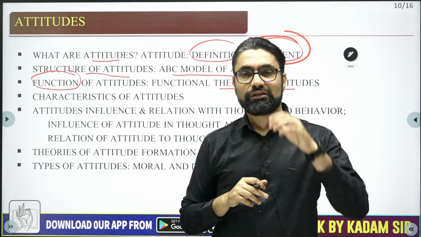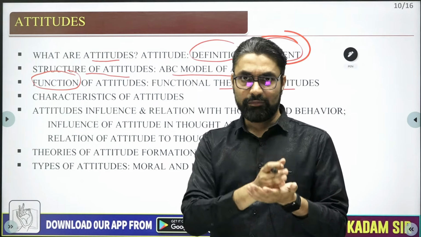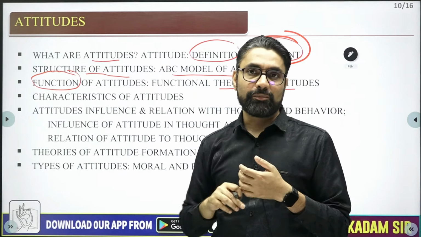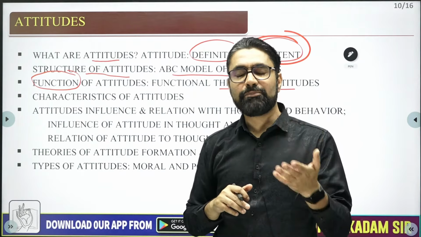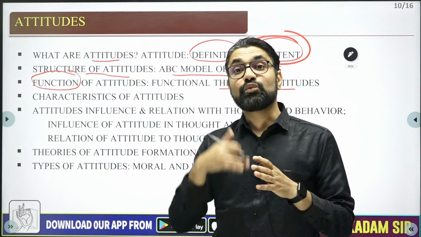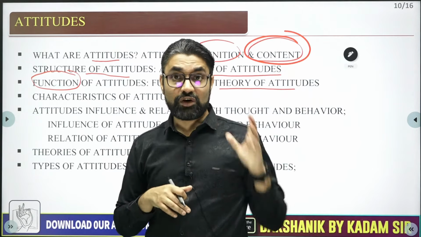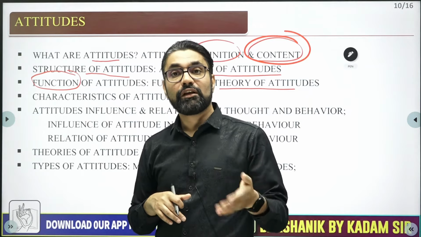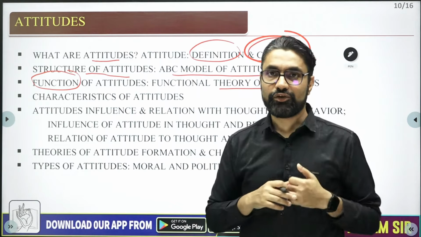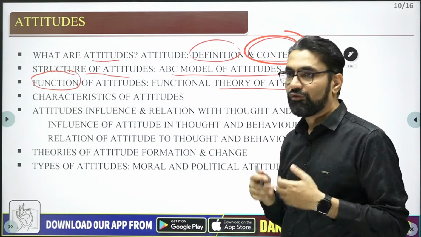Okay. So same way, like in emotional intelligence, we will discuss the process of emotional intelligence: emotional perception, understanding, reasoning, management. Then we will discuss components of emotional intelligence, that is empathy, social skills, self-awareness, self-regulation, and intrinsic motivation. And then we'll discuss why we develop emotional intelligence, what role it plays in our life. So same way, we'll discuss what is attitude, definition, process of attitude, then its components, ABC model. Then we'll discuss functions, why we hold attitude.